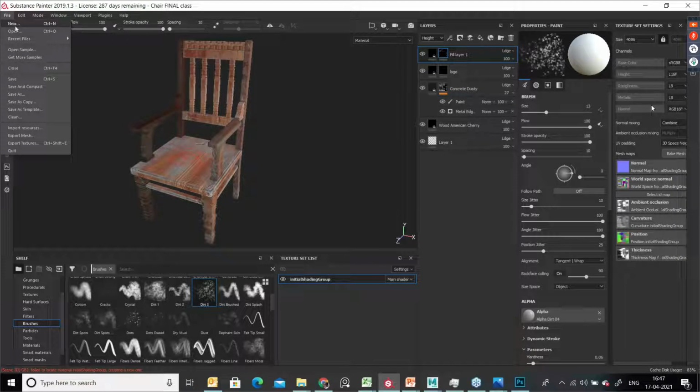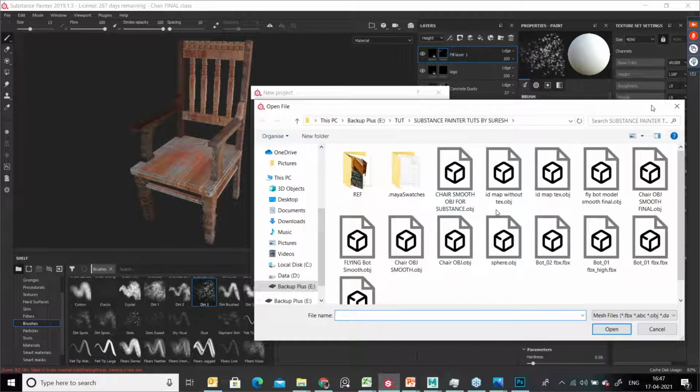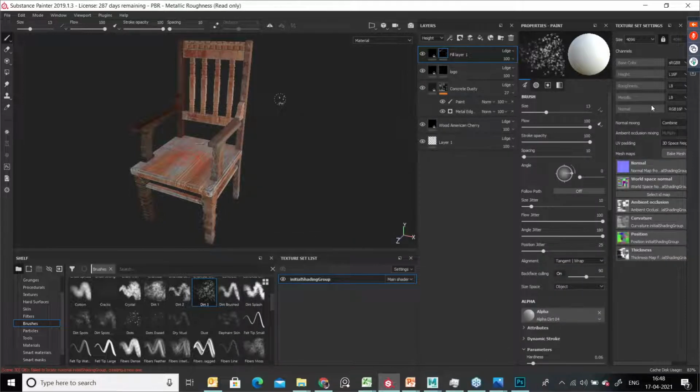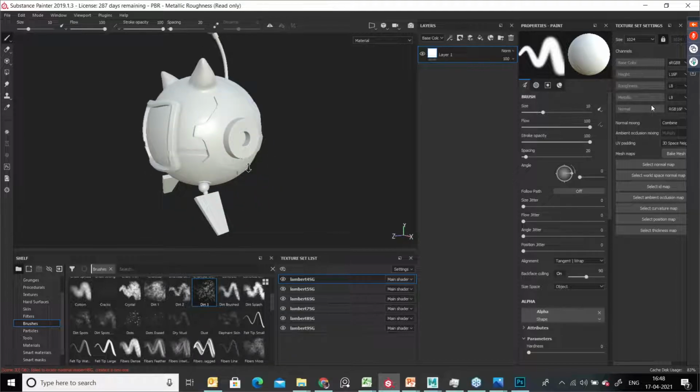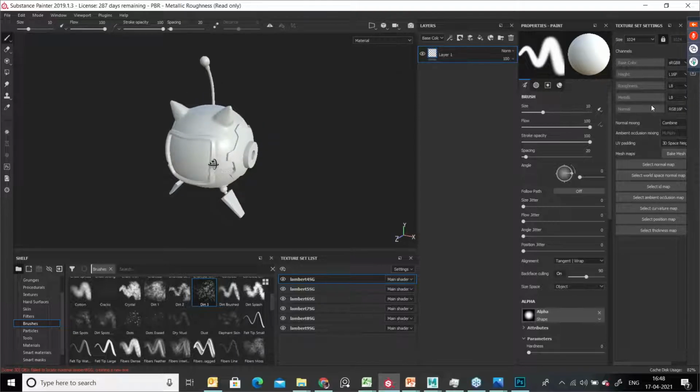Now I'm going to open iBot. Then I'm going to start this texturing process. Okay, so the model is ready. This is a little bit fast mode because we already worked on this model for 2 sessions. So now this is like a recap of the last 2 sessions that we are going to do on this same model. On this model we are going to apply a basic texture.